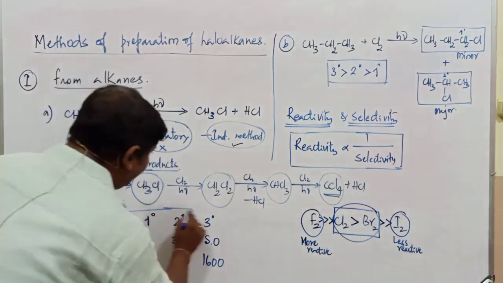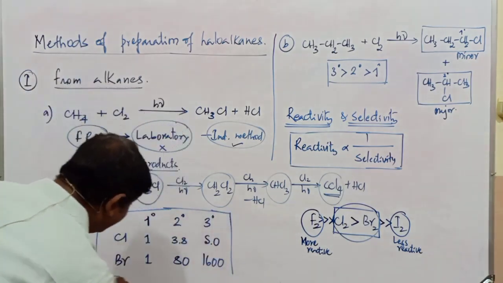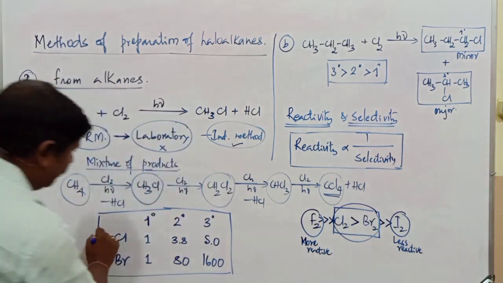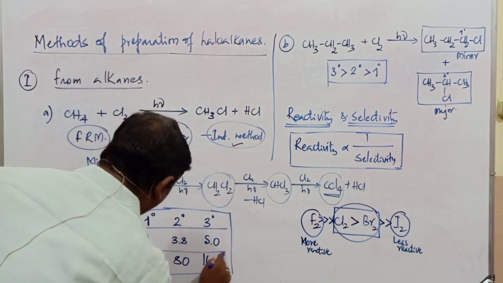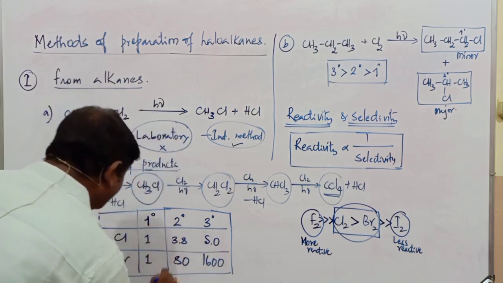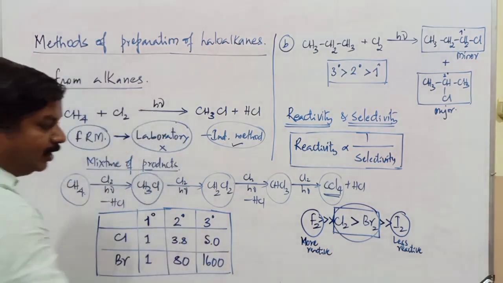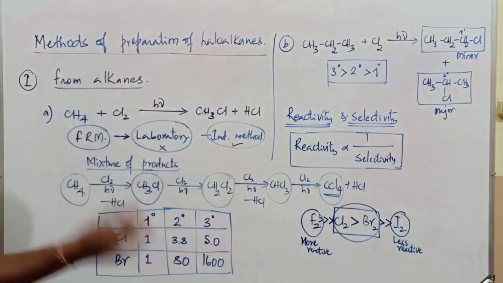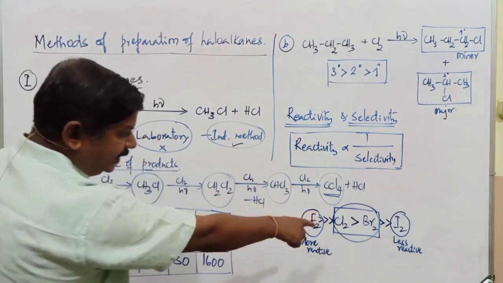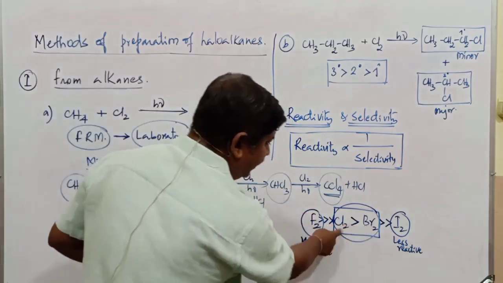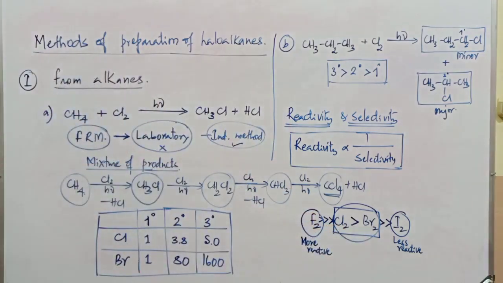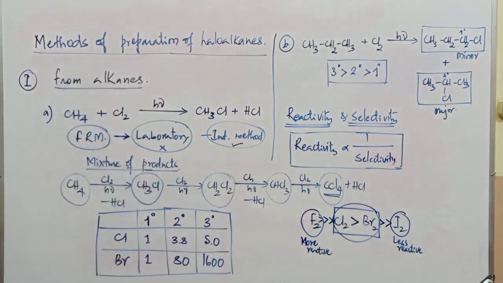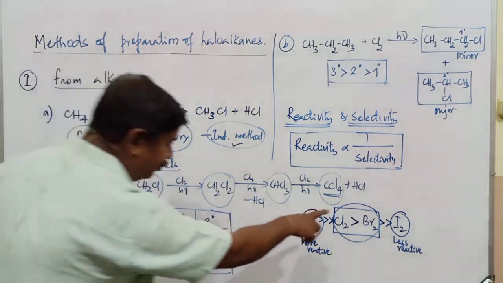So this chart is very clear on how this particular bromine atom is going to be more selective in nature when compared to the chlorine atom. So bromine is more selective in nature here compared to the chlorine atom, but chlorine is more reactive in nature. And when the question of selectivity comes, we have to take the priority of bromine. When the question of reactivity is observed, chlorine is more reactive because, very simply, its electronegativity is much higher when compared to the bromine atom.